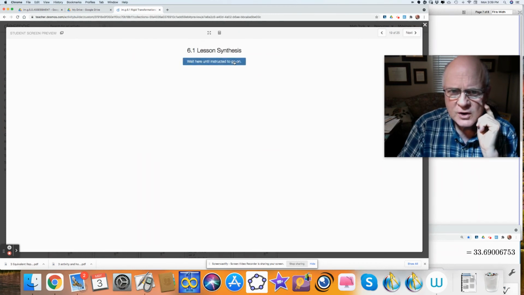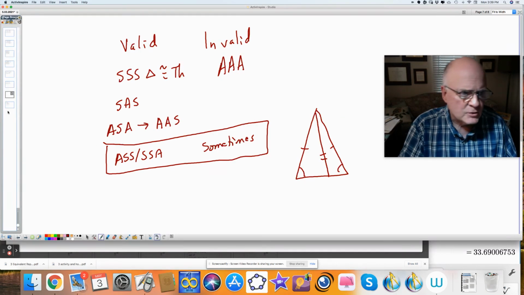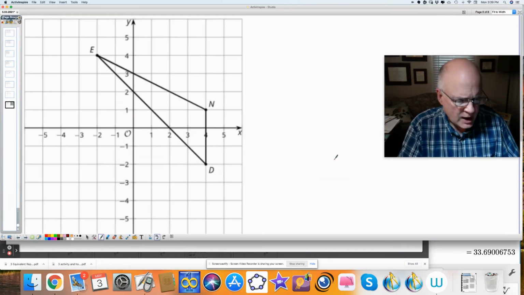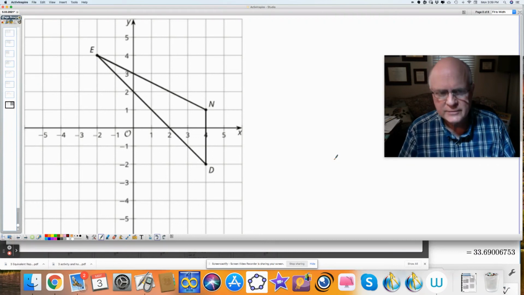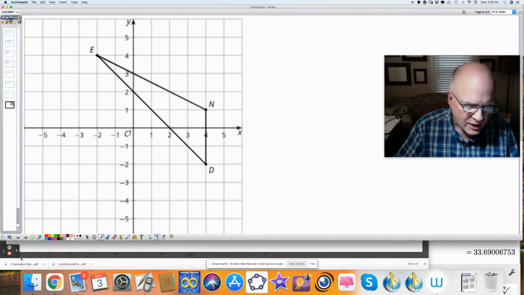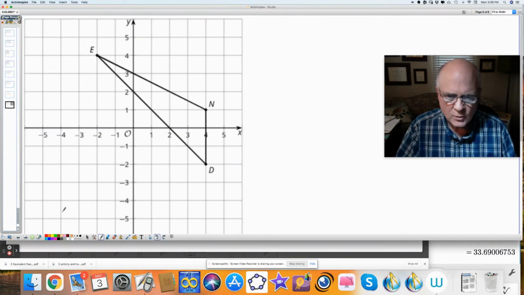And further, in the lesson synthesis, I could take this triangle, and I'll move it onto my whiteboard. I want to make a figure that is not just a simple translation, because any Yahoo can do that. I want it to have at least 2 transformations. I want it to be a composition, 2 transformations that would map the one onto the other. So if I start here at -4 and I go like 1, 2, 3, and I go this far over to here,